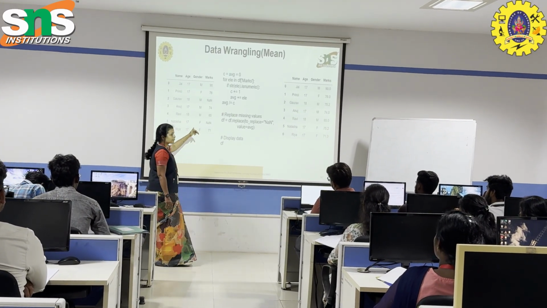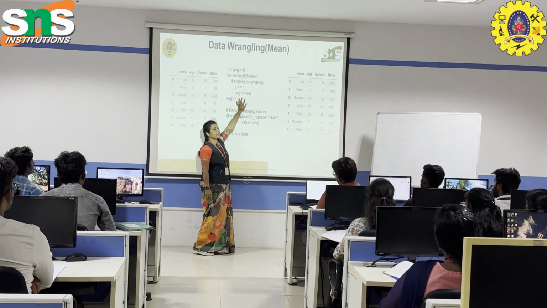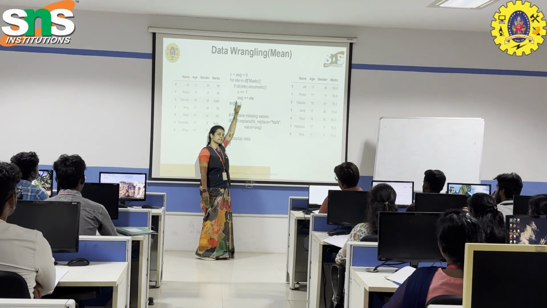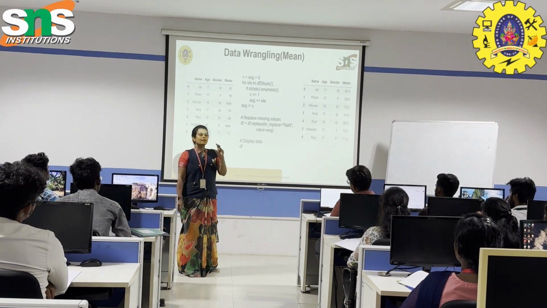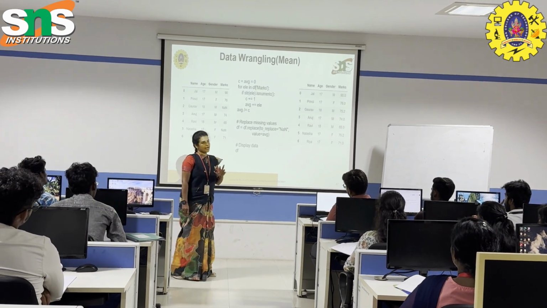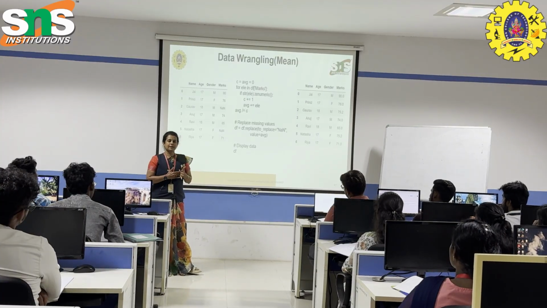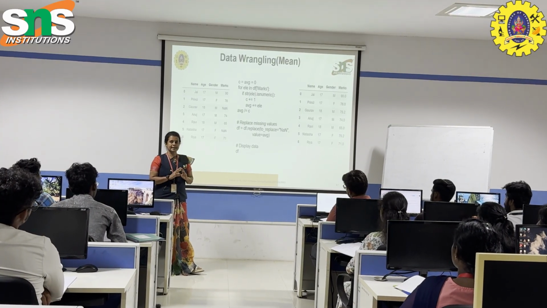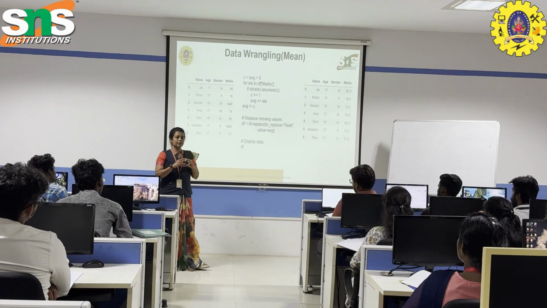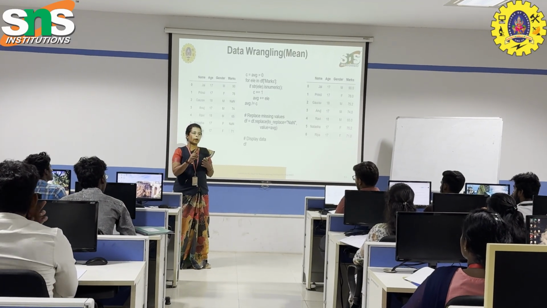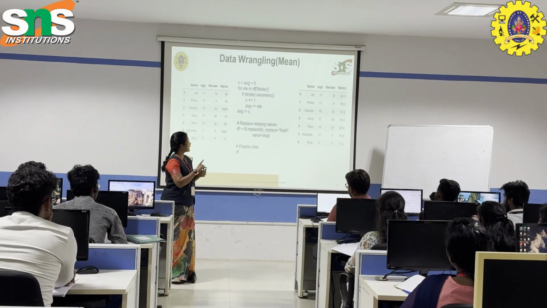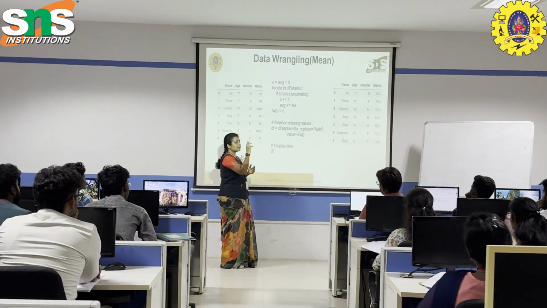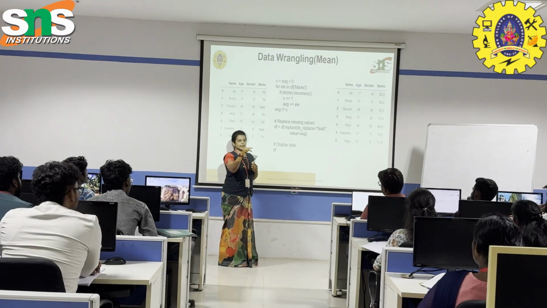What's the next step? AVG equal to AVG plus ELE. What's the initial value assigned to AVG? 0. 0 plus the value assigned to ELE, which is 90. What's the current value of AVG? 90. Hope you understand. After the first iteration, the value of C is equal to 1 and the value of AVG is equal to 90. Then again the control passes to the for loop, and it will fetch the second value from the list.